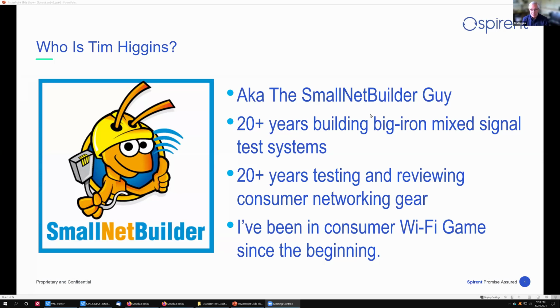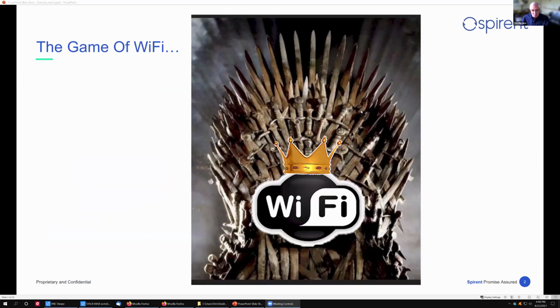Second part of my career, I've been testing and reviewing consumer networking gear, a lot of which in the Wi-Fi area. And basically, I've been in the consumer Wi-Fi game since the very beginning. The very first Wi-Fi routers fell under my testing hand. And we talk about a game, it's basically been my business and my career for the past 20 years, but it is quite a game and gets exciting at times.